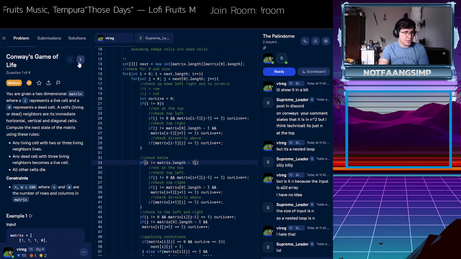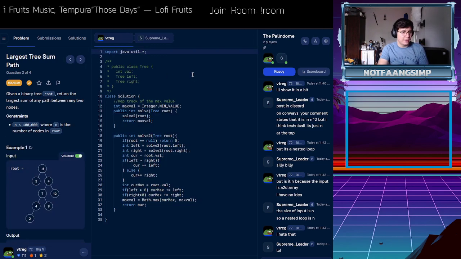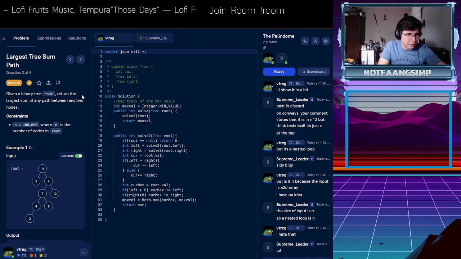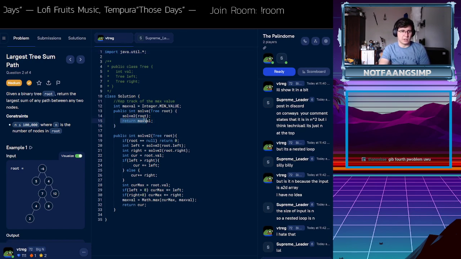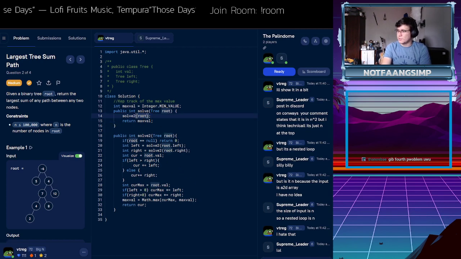So next question, tree sum path. I had an idea that it was something along these lines, but it took me a lot of time to figure out, and I also think I could have gotten away without using this helper method, but I couldn't think of a way to somehow keep track of the maximum sum that we've seen overall and return that. So that's why I have a solve2 method, which does all the work that solve would do, except it also